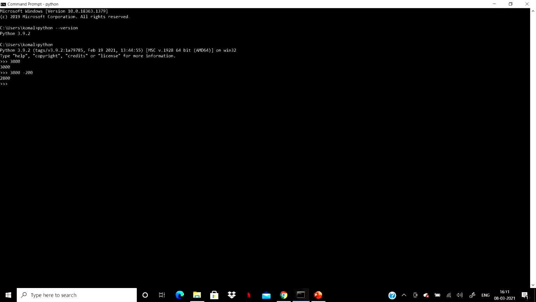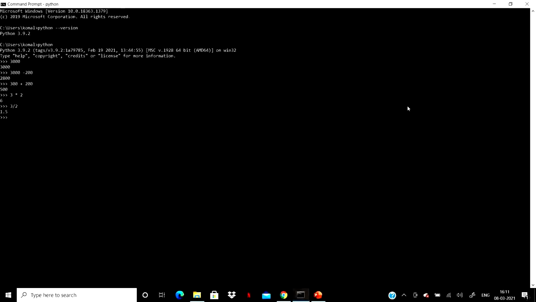There are other operators, just like in mathematics, we can use in Python as well. We have used the minus sign. This is another example for addition, or we can do small multiplication, or we can do division. These are the basic arithmetic operations we perform in mathematics as well.